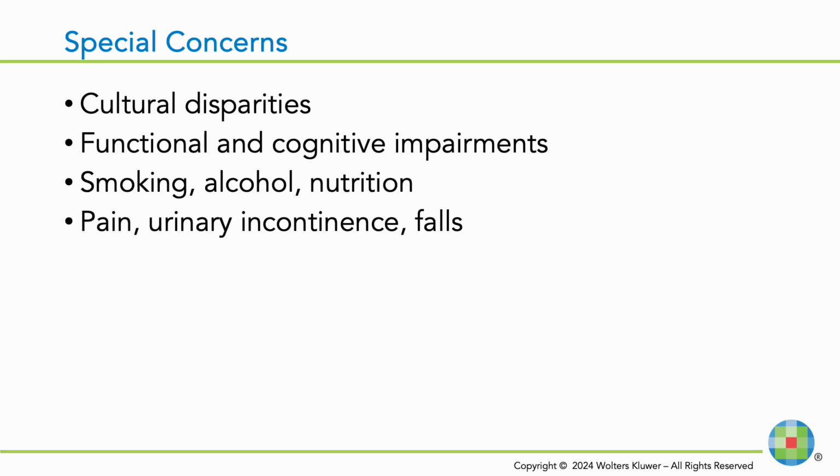Think about those cultural disparities for a moment. Do they have family here? Do they have caregivers? Are they having to pay people? Do they have the money to pay people? These are important things for us to consider. Who's with them? Is this an elderly couple who do not have any children who are caring for each other? Or is this somebody who has a number of family members there around them waiting to care for them? So many family members where they can basically take shifts while their loved one is in the hospital, so they're never alone. Those patients are incredibly lucky and fortunate, but that's not always the case for individuals.